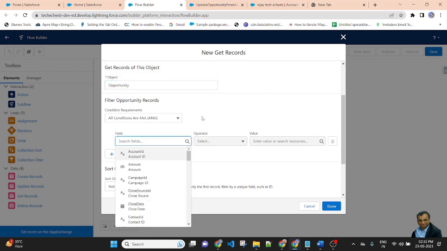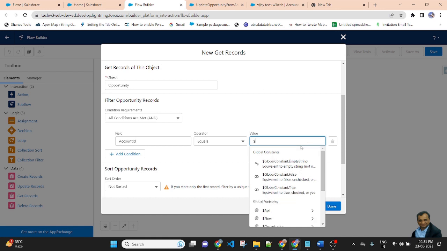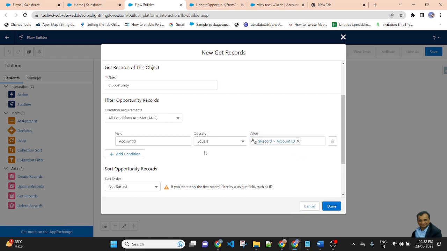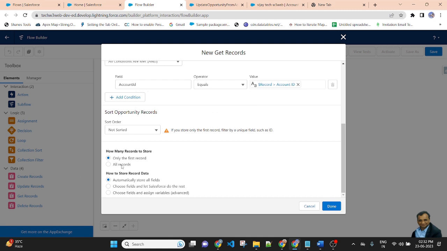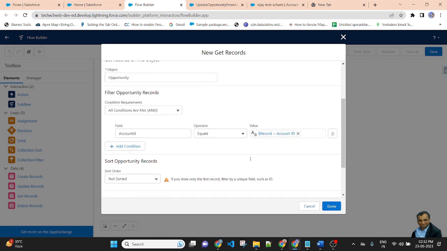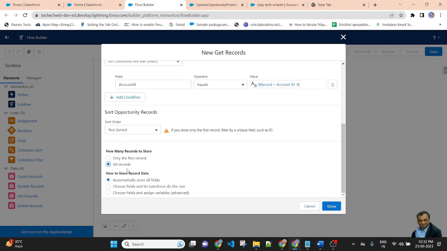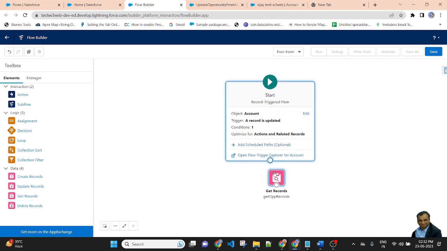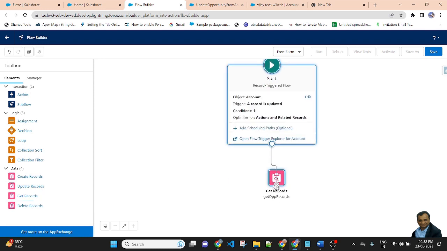The condition is: if Account ID is equal to record dot Account ID, that is, if the Account ID lookup field of opportunity equals the record of account, then all records will be fetched. So I am selecting all of the records. Make collection. Done. So I am getting all of the records of opportunity.